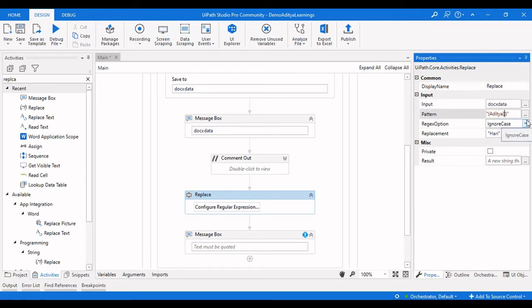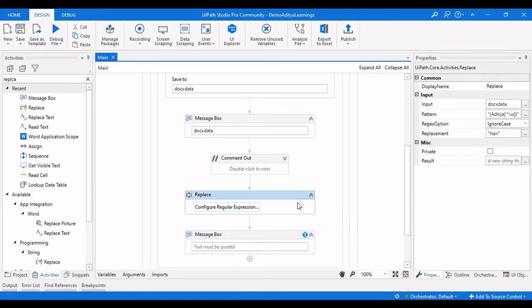But we don't need that, and here you need to open a character set. After Aditya, you don't need any word character to appear, so this indicates the negation of word characters, where numbers or any other digits will be allowed after Aditya, so that we will exactly match Aditya in this case. So if there is a pattern Aditya, then it is to be replaced by Hari.